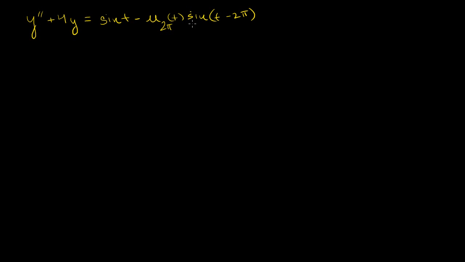So we're going to take the Laplace transform of both sides of this equation. What's the Laplace transform of the left-hand side? The Laplace transform of the second derivative of y is s squared times the Laplace transform of y, minus, lowering the degree once, s times y of 0 minus y prime of 0. So clearly, I must have to give you some initial conditions in order to do this properly. And then plus 4 times the Laplace transform of y